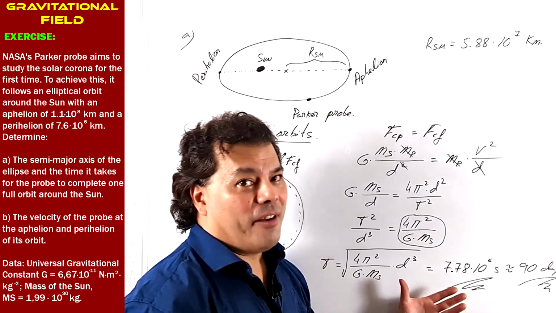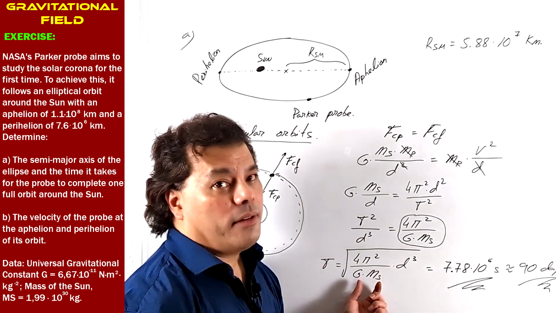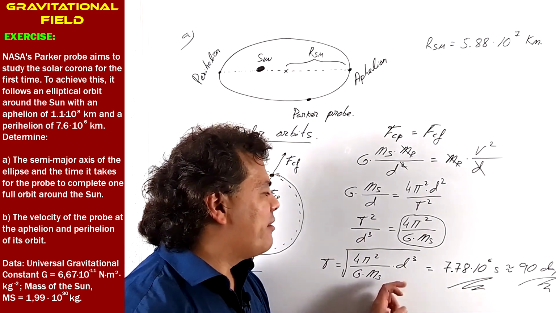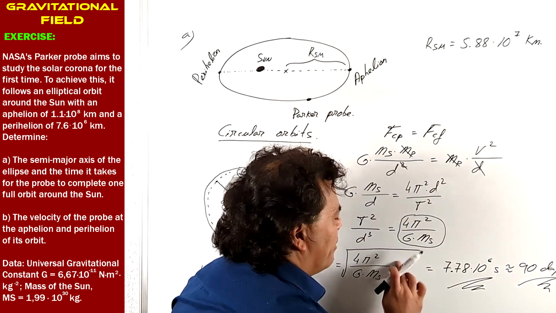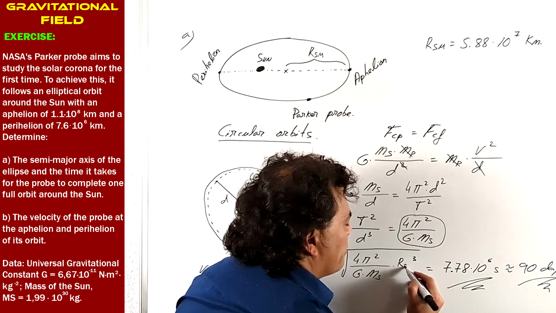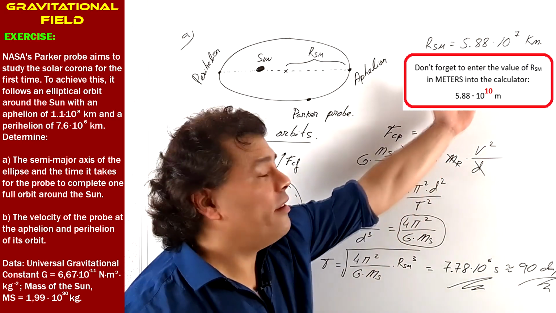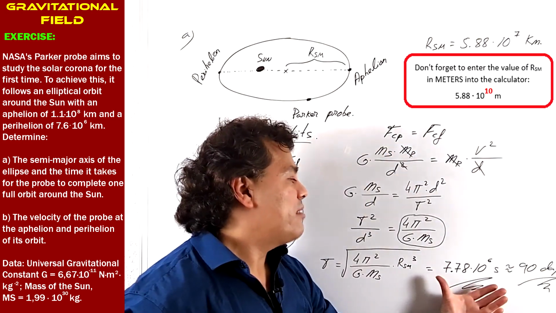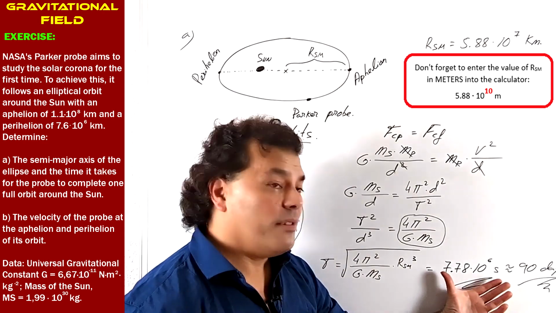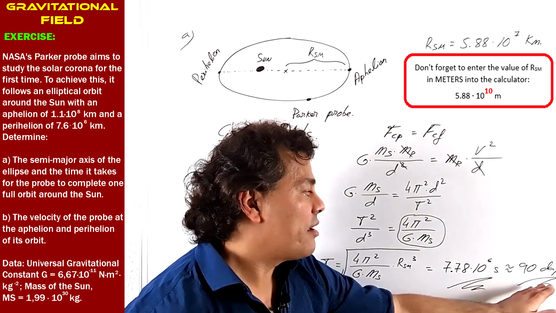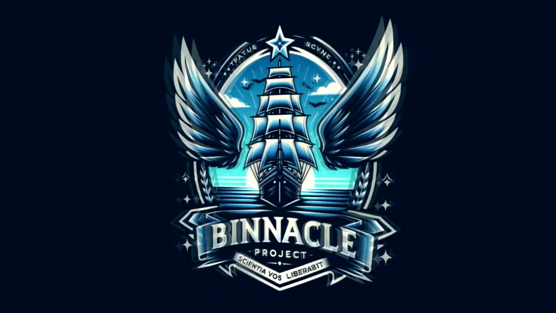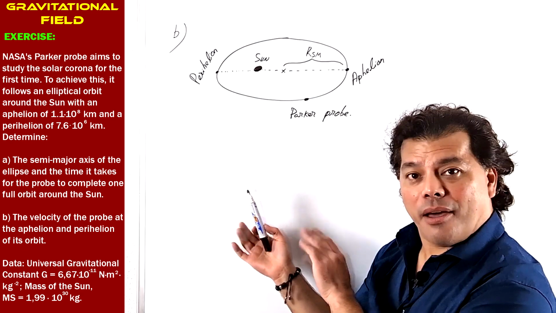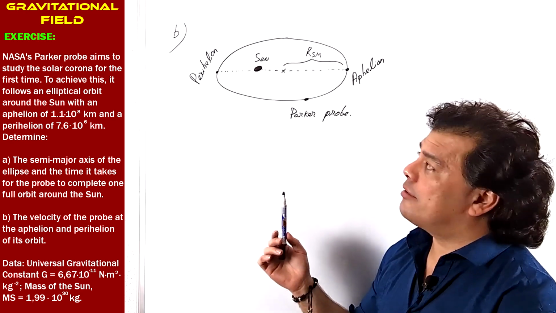If you use your calculator, and be careful because these quantities are awful, and replace the distance with the semi-major radius, I hope you obtain 7.78 times 10 to the 6 seconds, that is 90 days. That's it for section A. And now it's time to solve section B, where we are asked to calculate the velocities